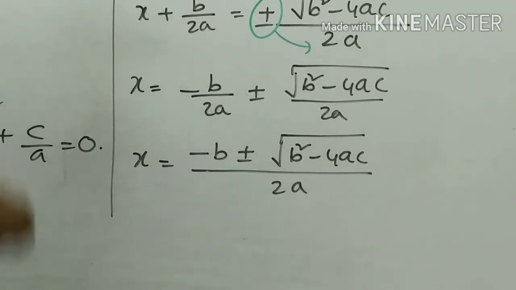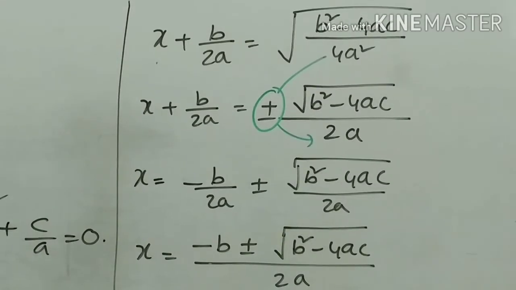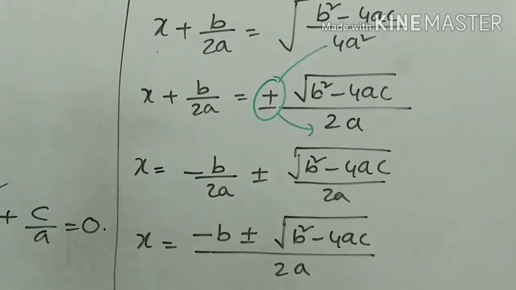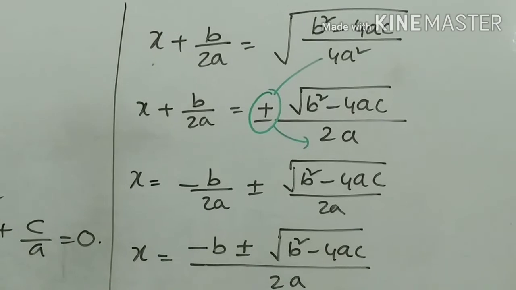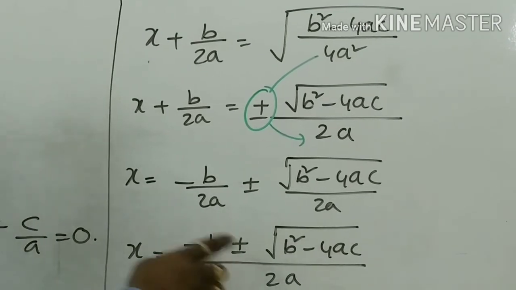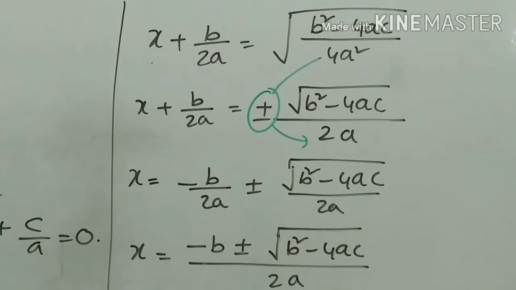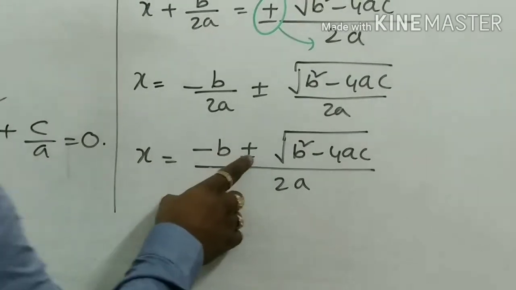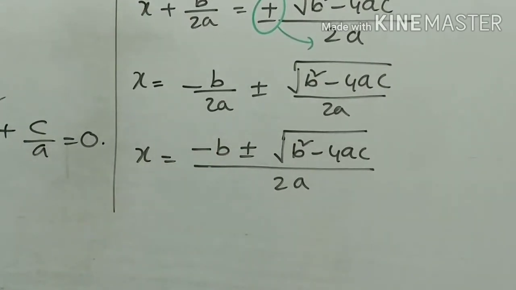That's why in the beginning I told you that if a is equal to 0, this is not a quadratic equation. That's why a is also present in the denominator, and the denominator should not be 0. So x = −b ± ... Why am I taking plus or minus? Because we are solving a quadratic equation, we will get at most 2 zeros. If you take plus, you will get one zero; if you take minus, you will get another zero. Now we will discuss some examples.